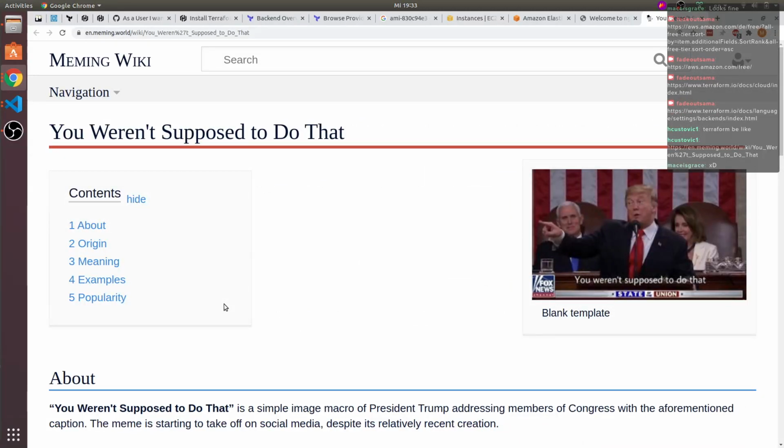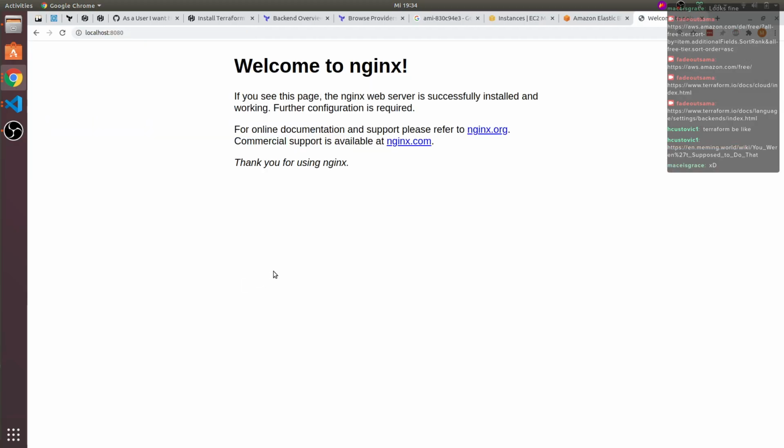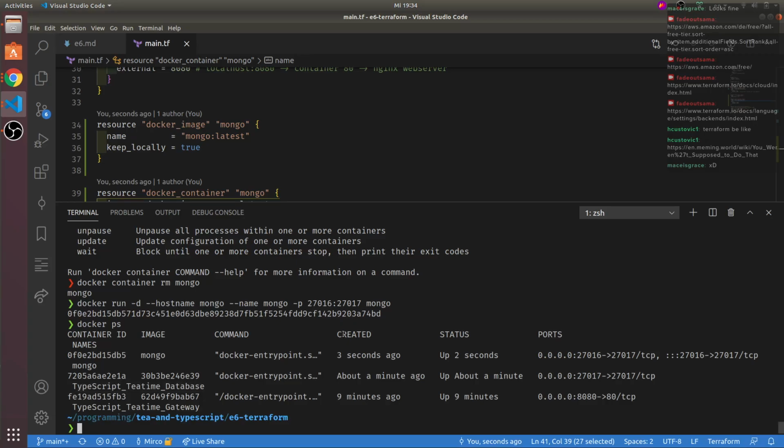You mean compare with a Docker container? Yeah, with the problems that we had because we already had one Docker container running with that name. Exactly. You weren't supposed to do that. So I took care of everything, that's what Terraform said, except for the one mistake that you made. Please correct it, and then you can try again.